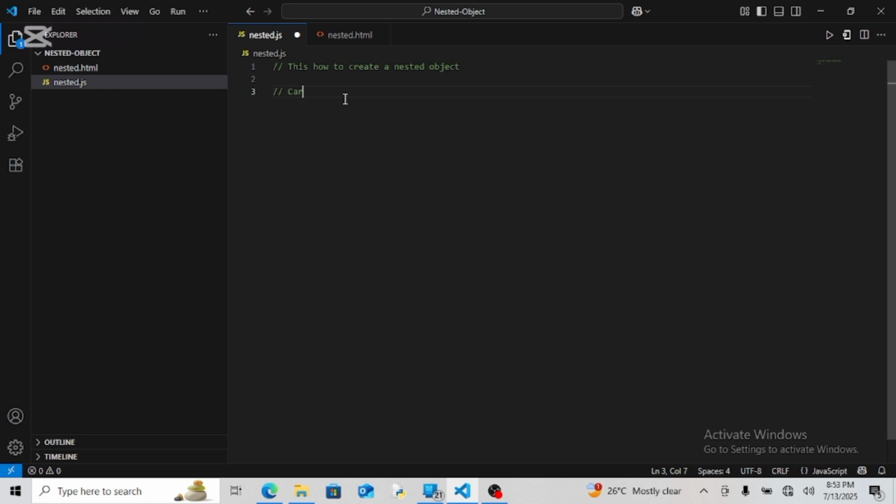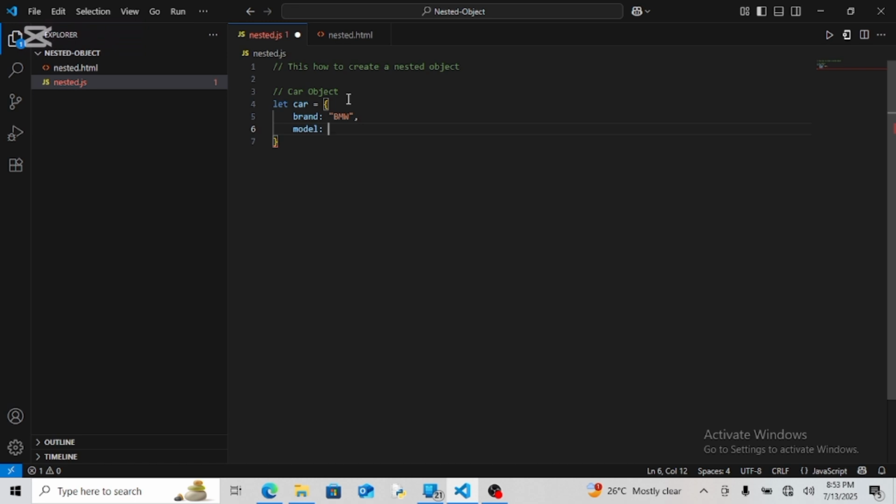So I will say let car equals to this. Then inside there, I'm going to say the brand of the car is going to be BMW, comma. Then I'm also going to have the model of the car, and that is going to be 7 series,